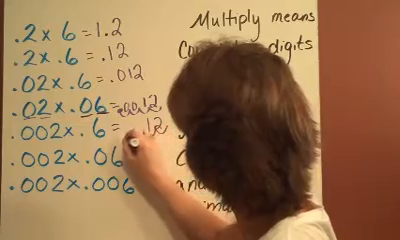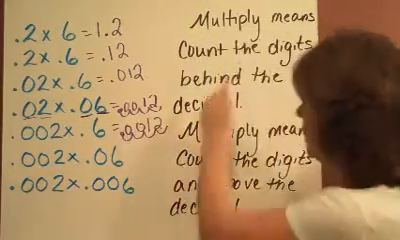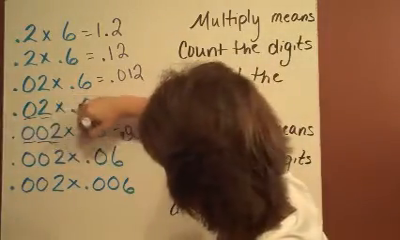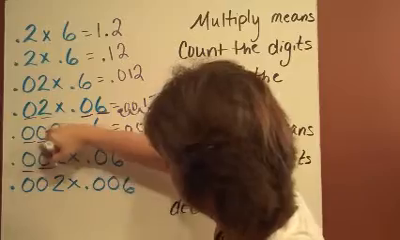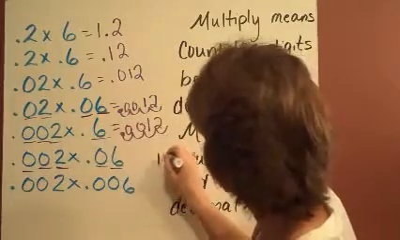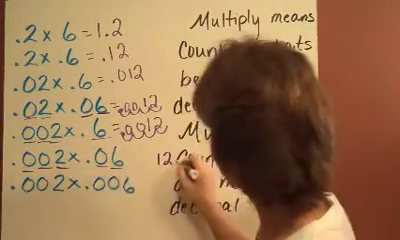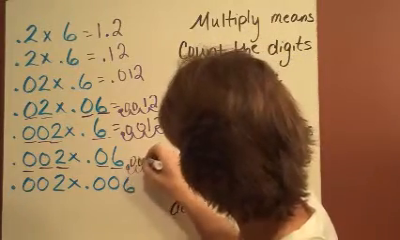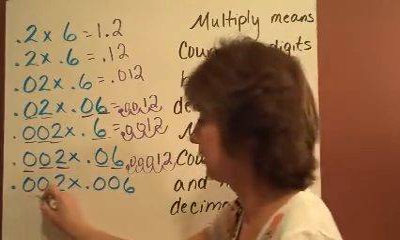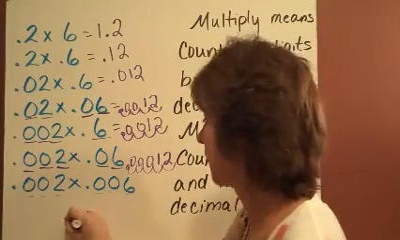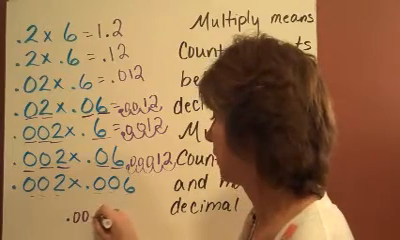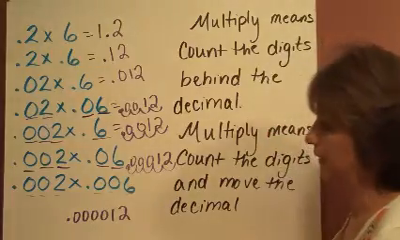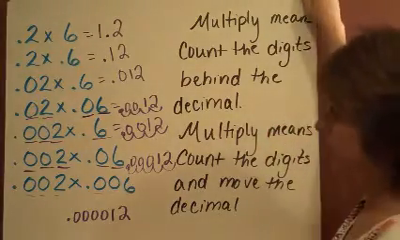1, 2, 3, 4. So, multiply means count the digits behind the decimal. And then, after you've counted the digits behind the decimal, multiply means count the digits and move the decimal. And then finally, 1, 2, 3, 4, 5, 6 digits behind the decimal. So, let's use those rules